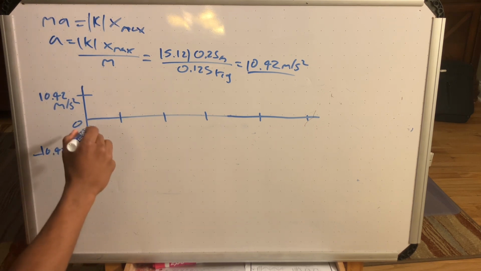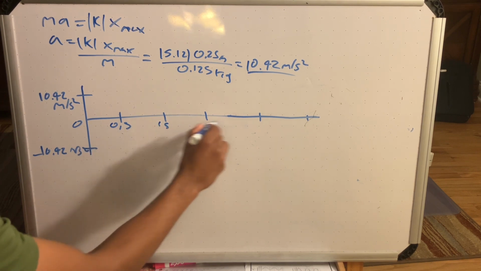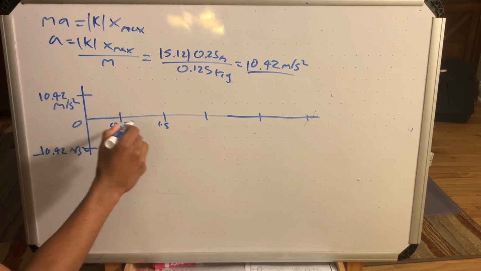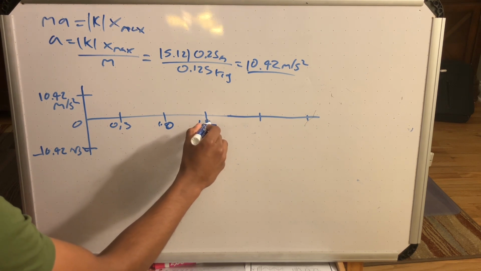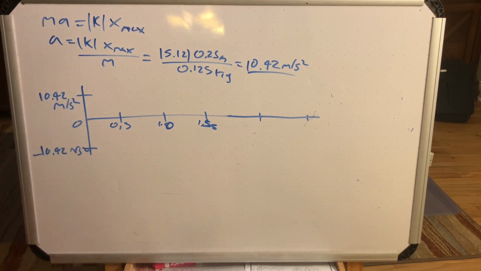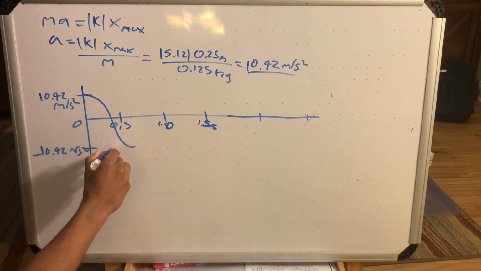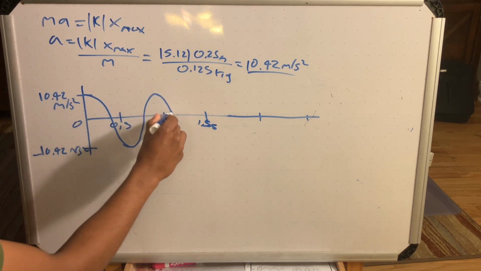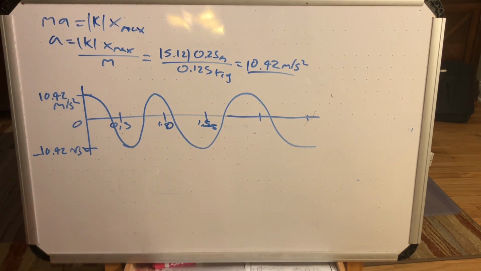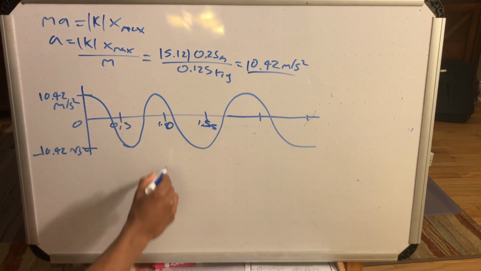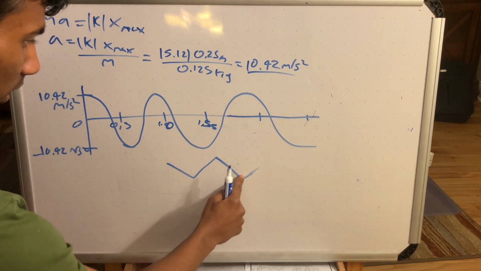So it should have been like this. 0.5 seconds, 1 second, 1.5 seconds. And the way it was supposed to go, it was like this. Like that. What I did was just a straight line, which is wrong,